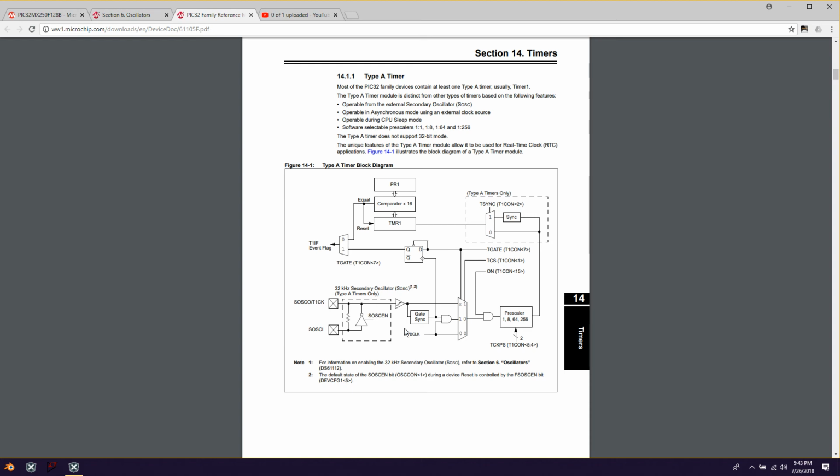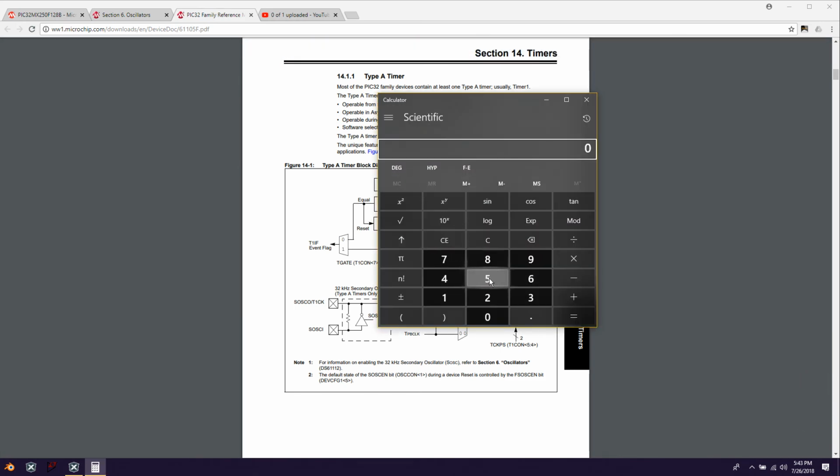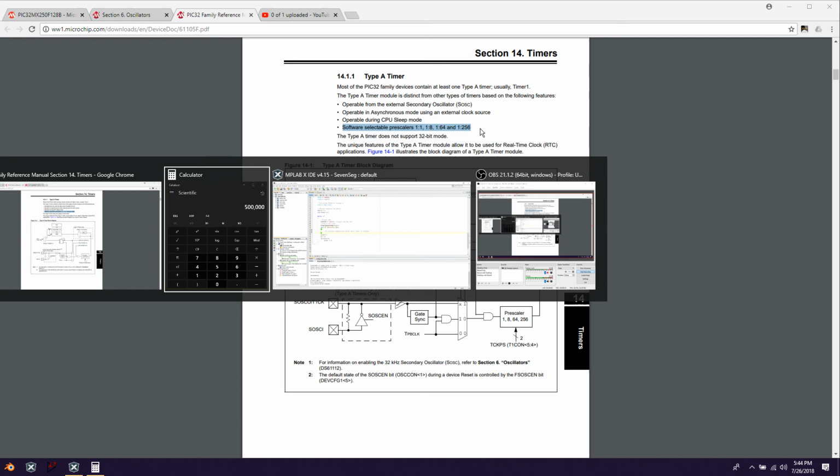And so what that does is, let's say we know what frequency our peripheral bus clock is ticking at. If you know what frequency it's ticking at, you know how many ticks it's going to take in order to reach a certain number. So, for example, let's go convenient. Let's say we're operating at 500 kilohertz, and I want it to last exactly a second, but I have a prescaler of 8. So let's say our peripheral bus clock, this clock input signal down here, is 500 kilohertz. And this prescaler up here, this software selectable prescaler,